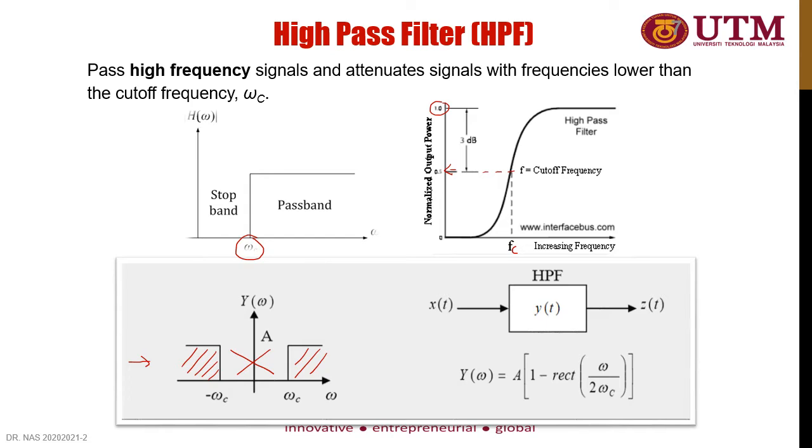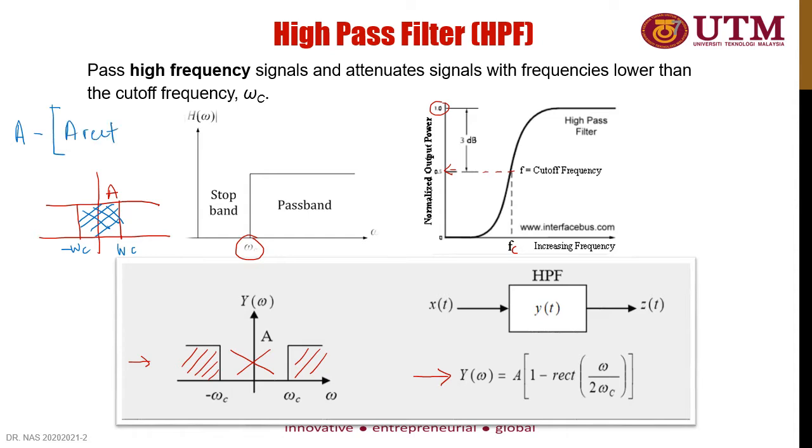Okay, and this is how the transfer function of the high pass filter looks like, in which you can see it's basically a combination of rectangular signals. Okay, if you recall the rectangular function, for example, you have this is A, and when you remove the middle part, so when you remove this area from negative omega c to omega c, it's basically A minus the middle rectangular,